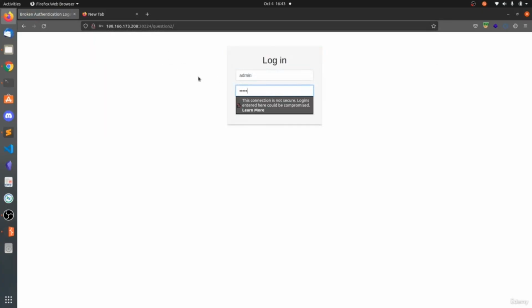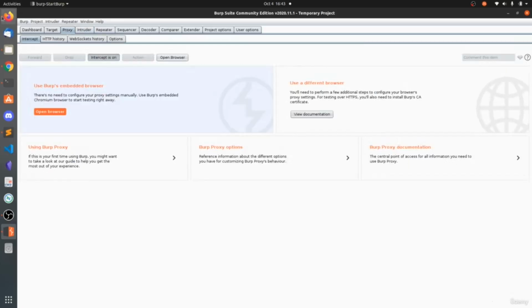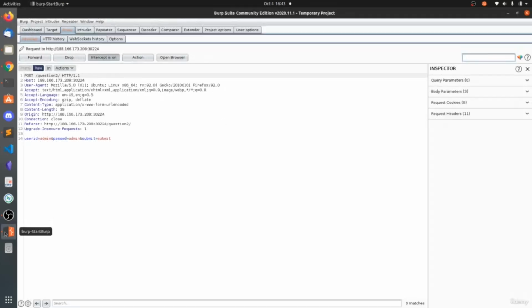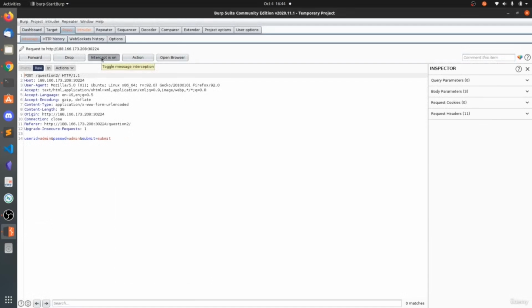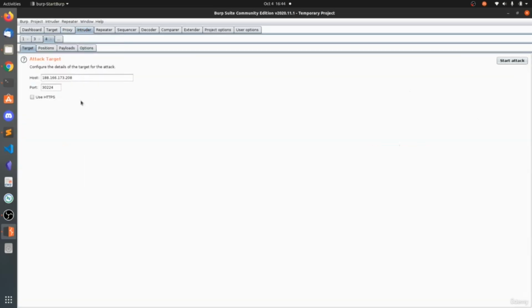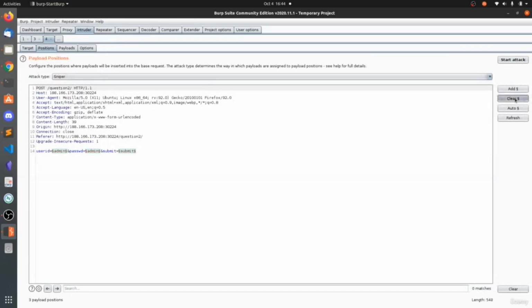So admin. There is no protection like IP address based filtering in question 1. That's why I'm going to question 2. Let's make sure intercept is on, submit, and send this to Intruder. I think it's just changing the question 2, but anyway, let's clear our positions and add the position, and also